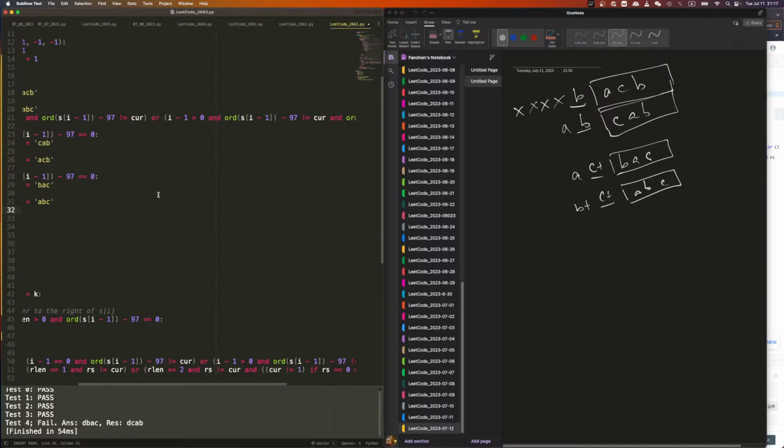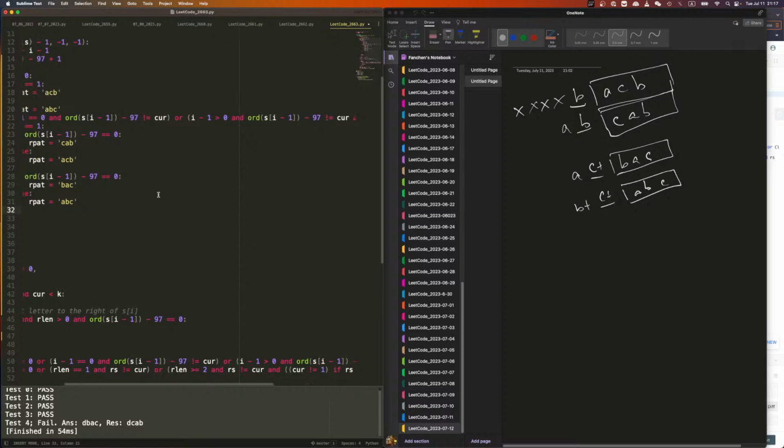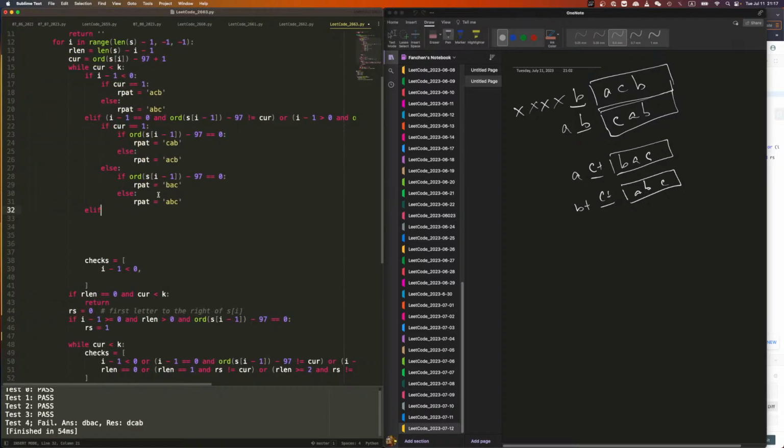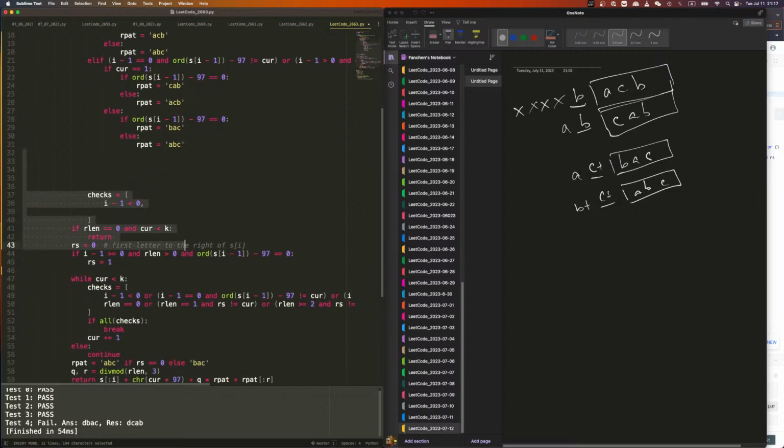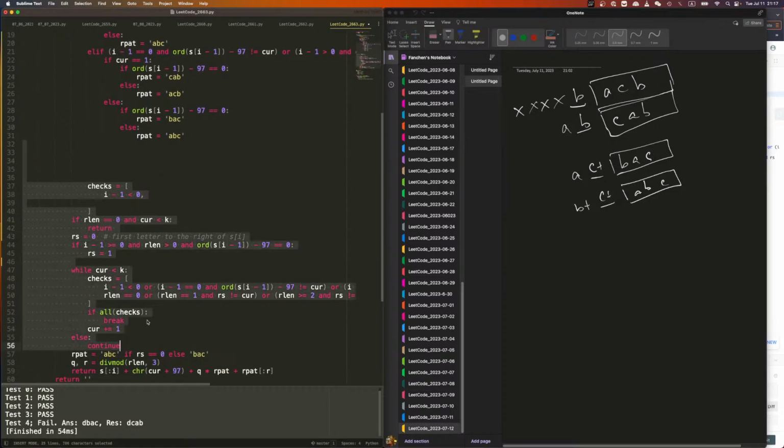What else? Well, I feel like that's it. Right? That's it. We check if we have nothing on the left. So if there's nothing on the left, whatever you change, that's fine. If you have one thing on the left, then you do all these checks. If I have two things on the left, you do one more check. And if none of them works, then you'll do